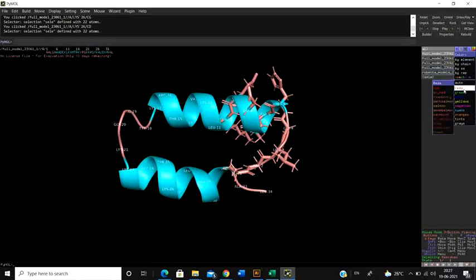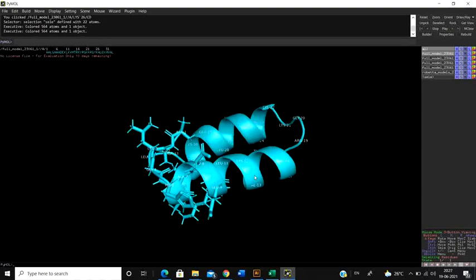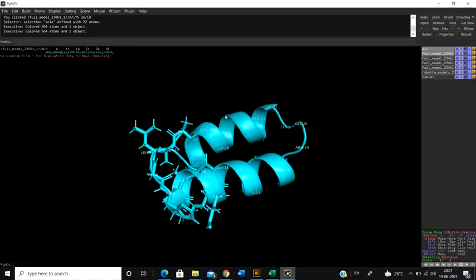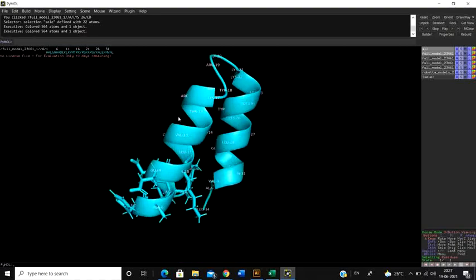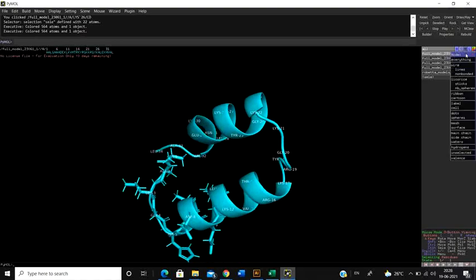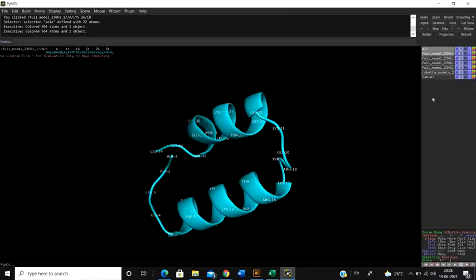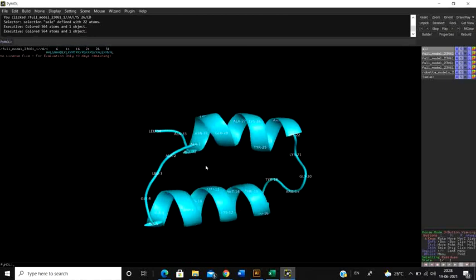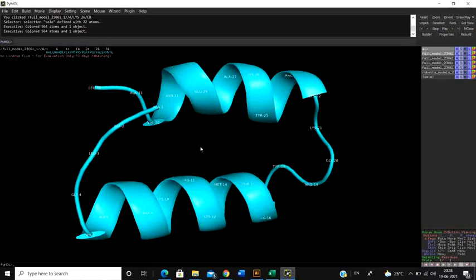Suppose you have red and there are different shades of red. You can color this molecule with red, or you can color it magenta, cyan. You can give any color you want. You can match it with your clothes. Sometimes you also require color for publication, and you need to give a very lucrative color so that each of the proteins is highlighted. You can get to see everything like that. So that's how you manipulate the entire structure, and you have to make it more colorful, more eye pleasing. That is for representation purposes.